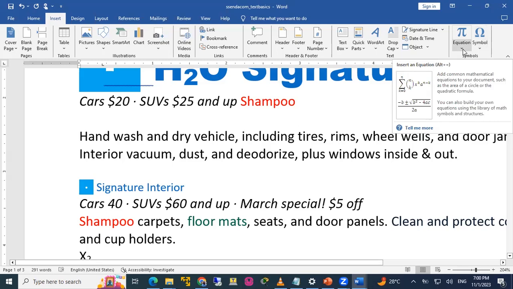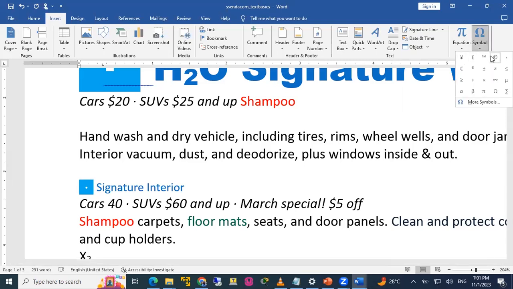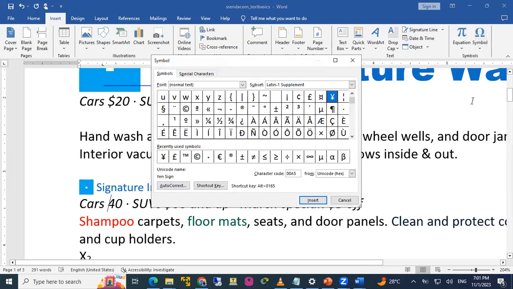And it gives you an option to what? Add equations, several equations, and then you just only edit them and then put the requirements or the variables in there. But I won't talk about that. So go to symbol, you will see some currently used symbols here. So if you find a dollar here, good, you select, you go. If you don't find a dollar here, you go to more symbols. It opens a dialog box for you. You go and look for the dollar symbol.